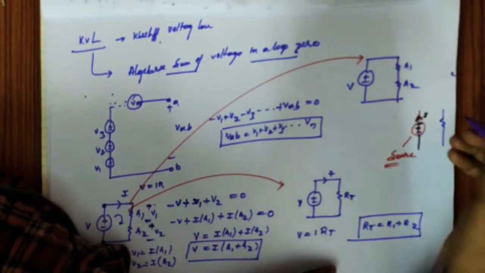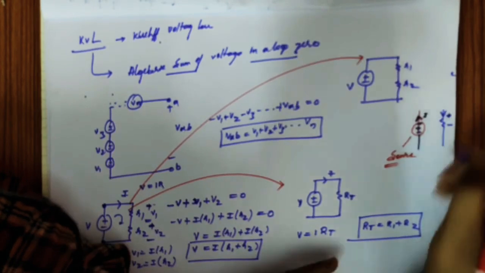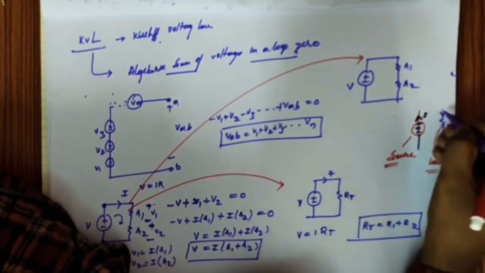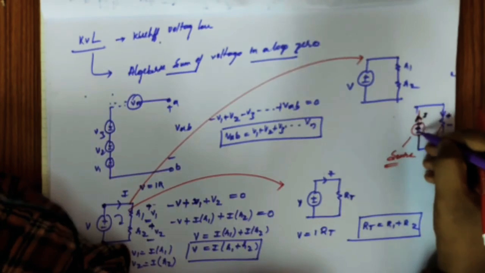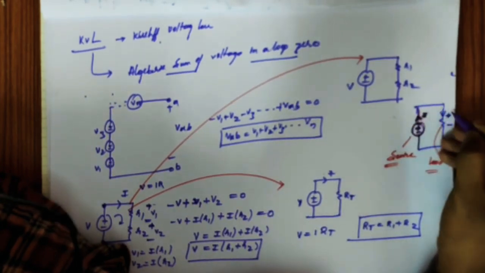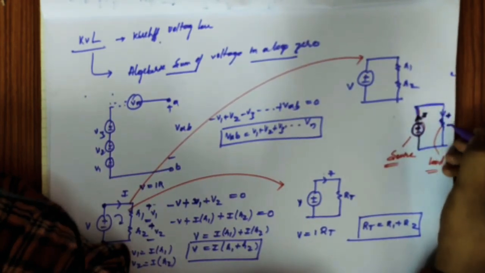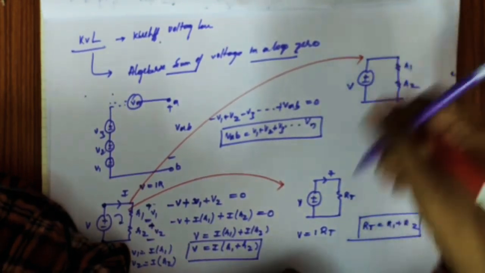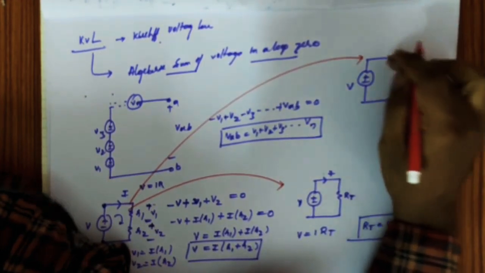Load represents a case where current enters the positive terminal. If we connect both like this, out of the positive terminal current I is coming outside, and this same current is flowing into the positive terminal, so then it is called a load. In circuits, to represent the voltage across an element, that is the load voltage, we represent it like this, with current entering like this.